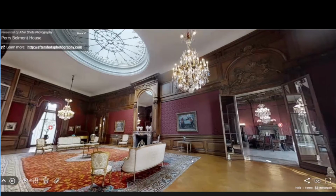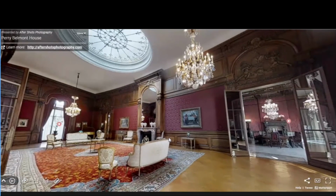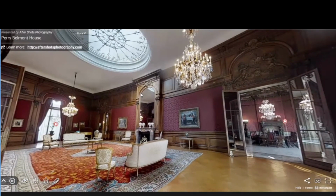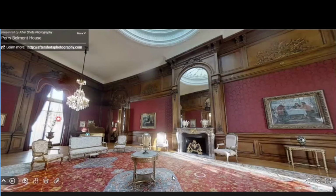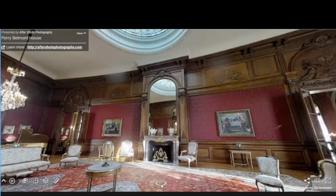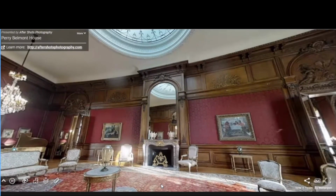Now we're going to show you the other view. This mirror was the largest mirror in North America when it was installed. The DuPont company said it was the largest single pour of glass that they had ever endeavored. And every time I look at it, I marvel how they would even get it in the house today. I don't know. I have no idea how you would pack it or transport it. But if you can imagine in 1909,